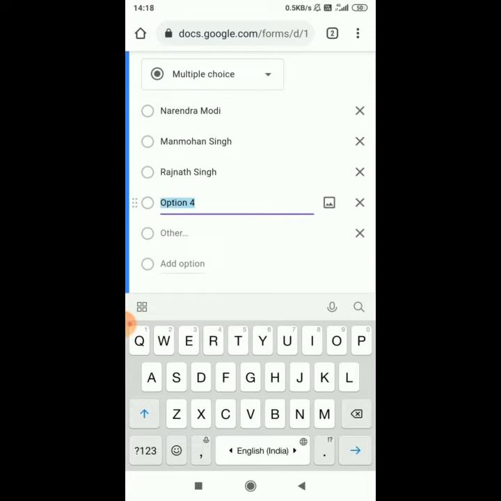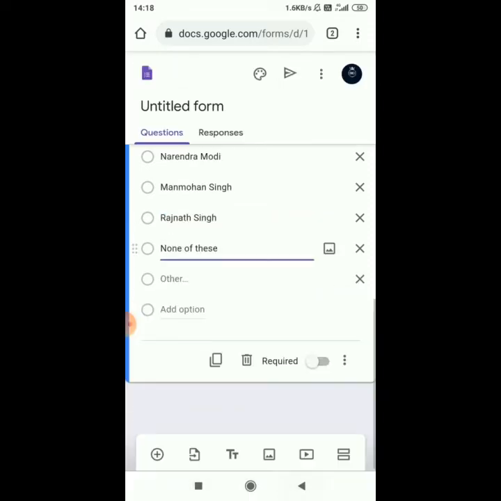Fourth option we will keep as none of this. Now I have entered all the 4 options. After completing it, below the question there is an option called required. Turn it on. It means without answering this question we won't be able to submit this form.